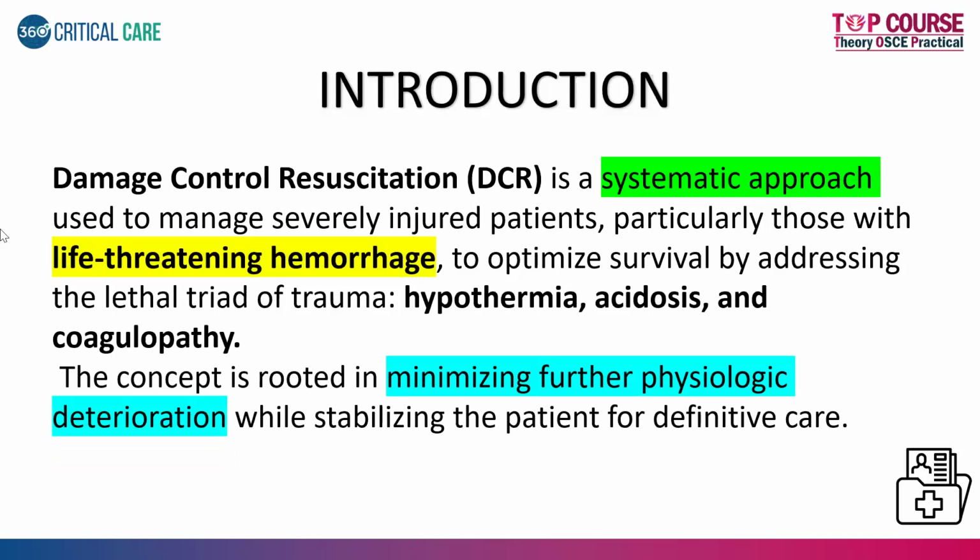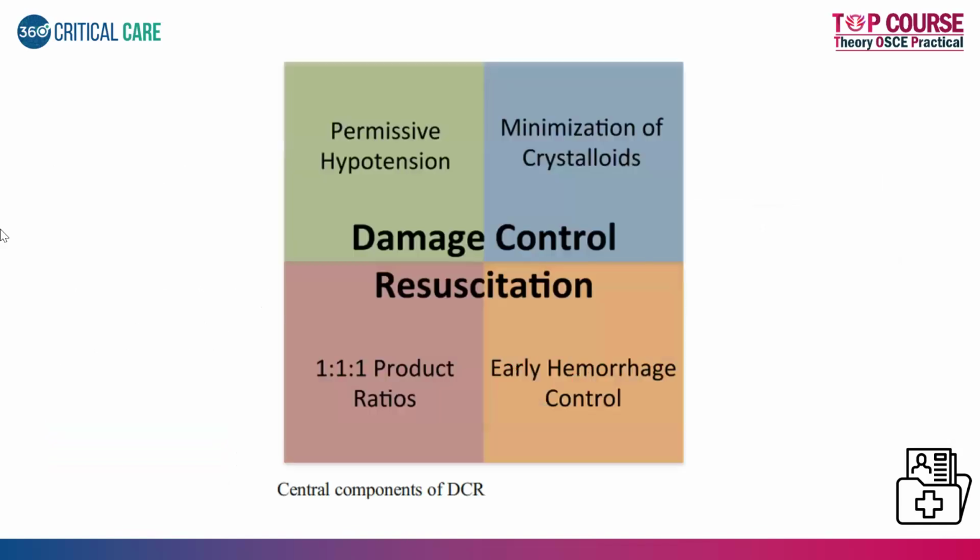The concept is rooted in minimizing further physiological deterioration, which happens because of our interventions, then usually we try to stabilize the patient for definitive care. Okay, so it's a conscious effort from our side to prevent worsening of the homeostatic mechanisms which are already in situ. The components of damage control resuscitation are permissive hypotension, minimization of the use of crystalloids, early hemorrhage control, that is your damage control surgery, and rational use of blood products, that is your ratio of 1 is to 1